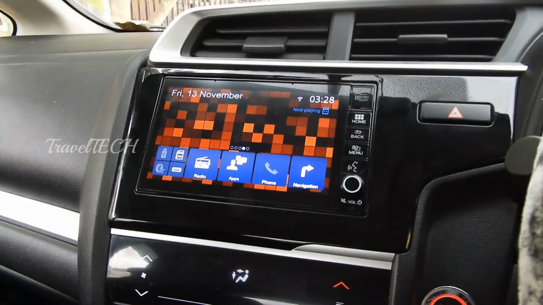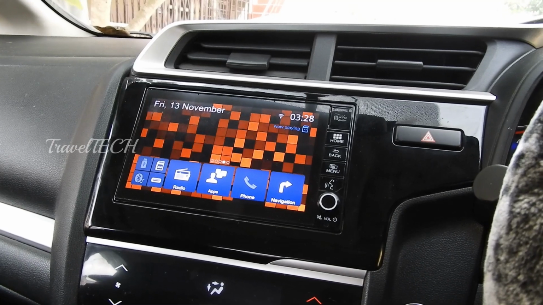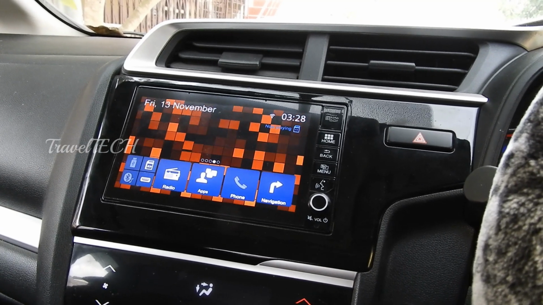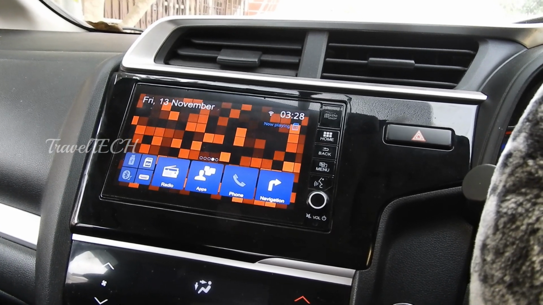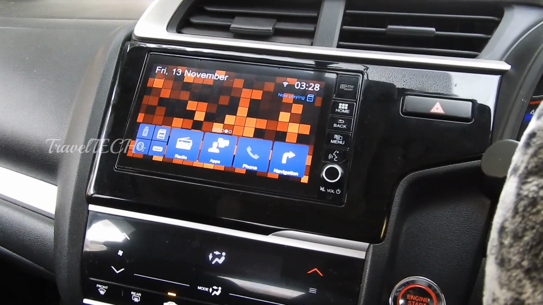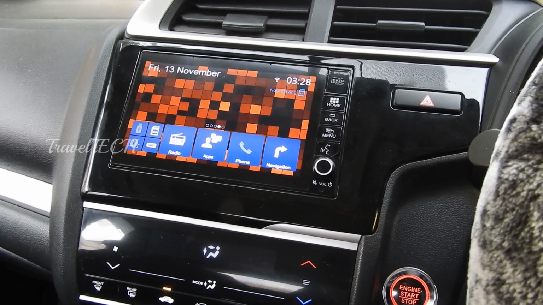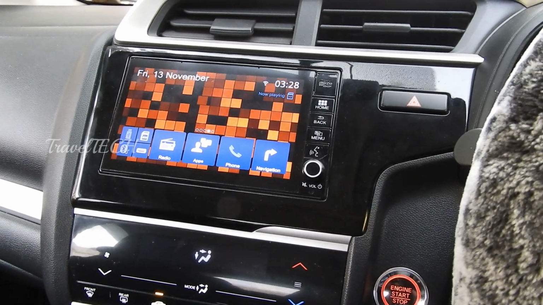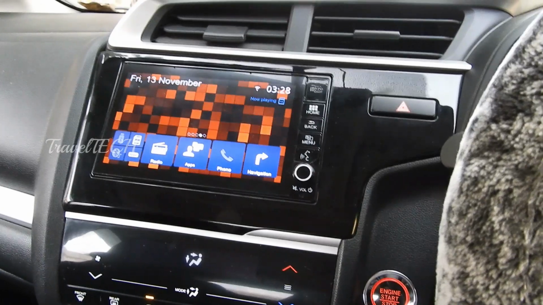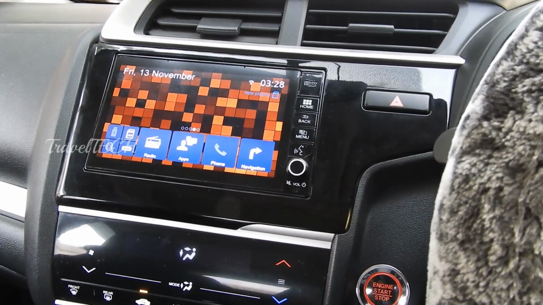So in order to download this app on your digipad, I strongly recommend you to go and find yourself a laptop or a computer and download the file on the computer or your laptop, whichever you're using, and then transfer it to the digipad using a pen drive. I strongly recommend you to do that because most of the users who are downloading directly on the digipad are facing some parsing issue.